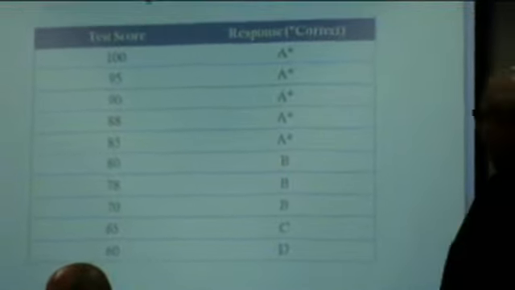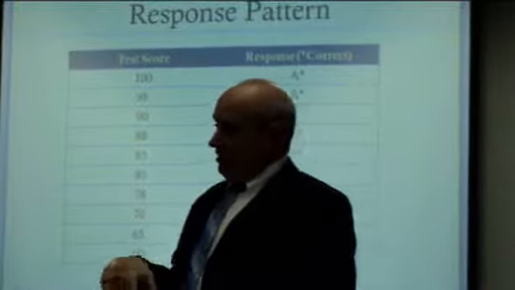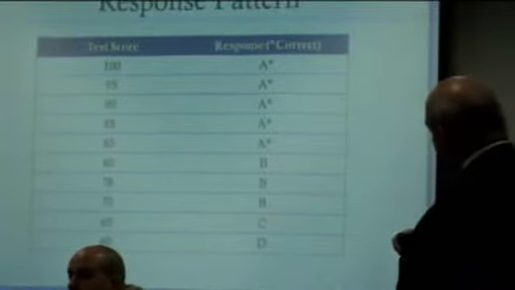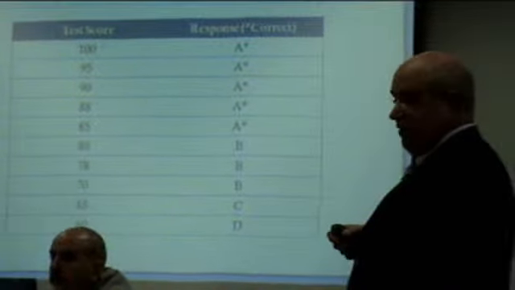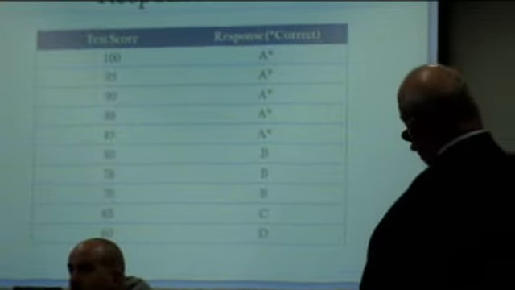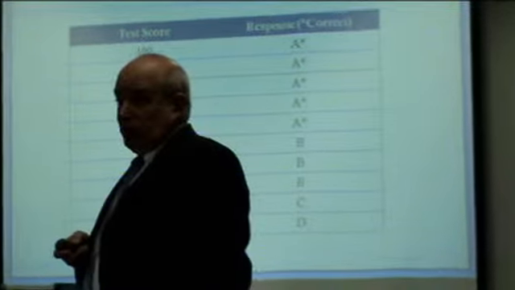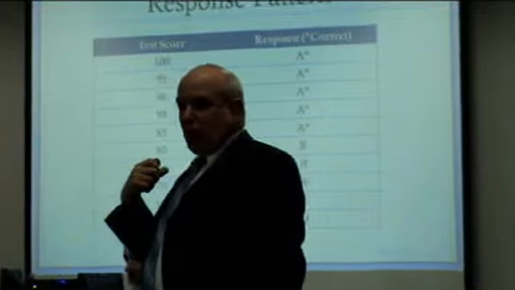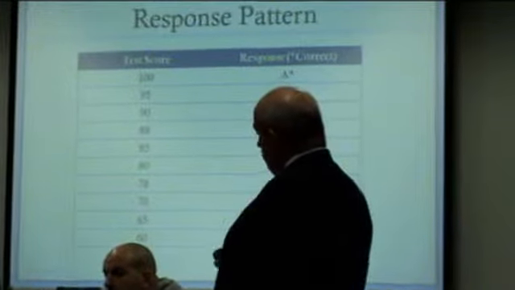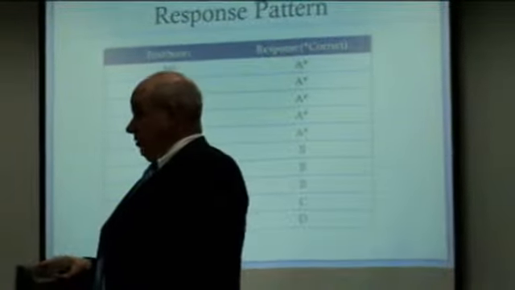Two other ideas that I'd like to think about. One idea is this: how well does this item predict the students that are going to do well on the test? Well, if I take a look at this, the students that got this correct were students that got 100, 95, 90, 88, 85. So at least the upper half was right. The students in general that did poorly on the item were those that scored a little bit lower. And basically discrimination is talking about a correlation between how students did on a particular item and how they did on the test as a whole. So it's one more number that we can use to judge whether an item is valid.